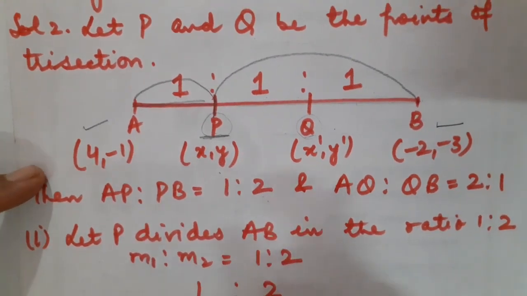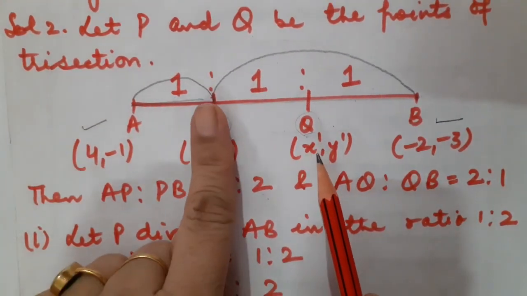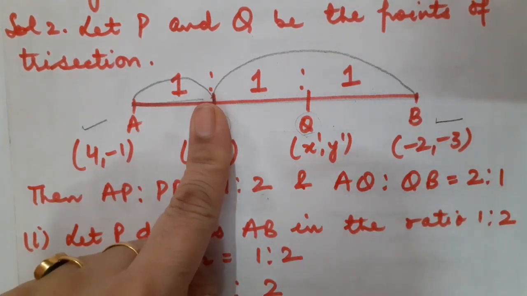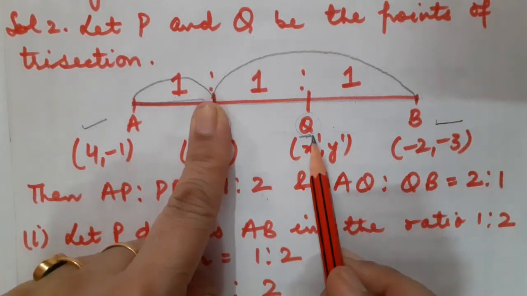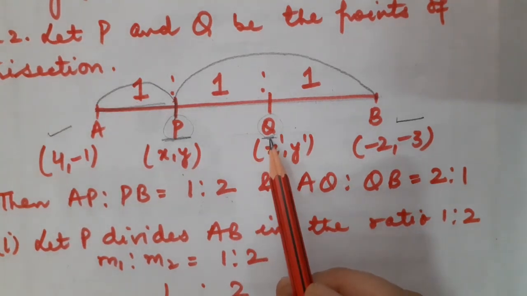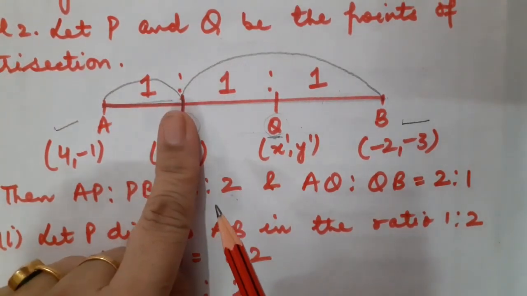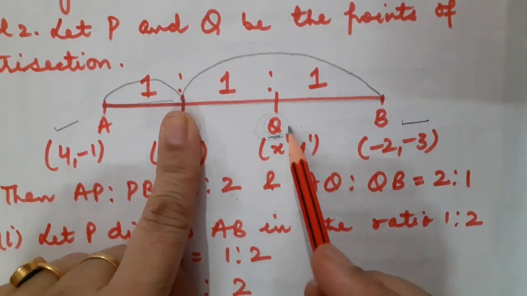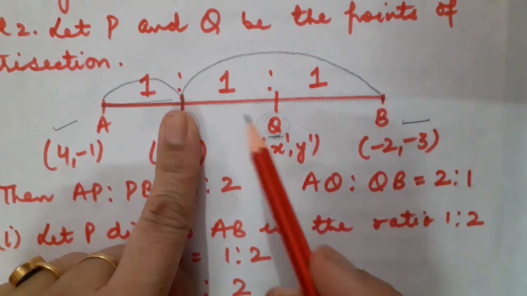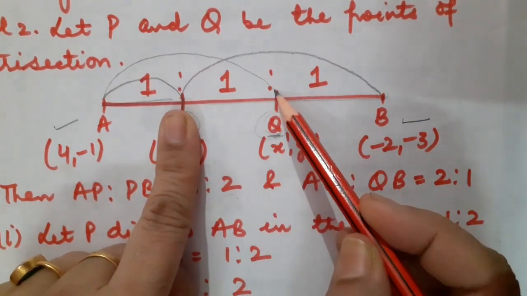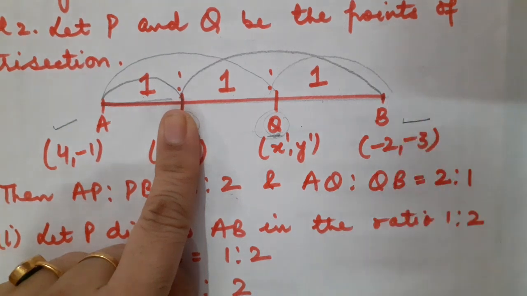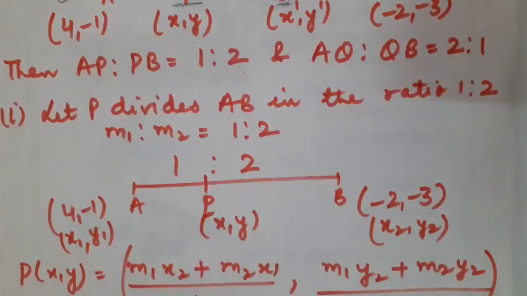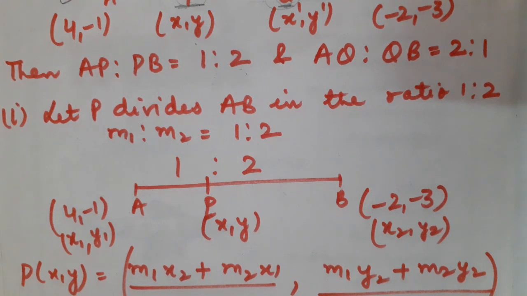In the same manner, children, if I talk about point Q, I am going to hide point P, because through the section formula you can calculate the coordinates of only one point of division at a time. So now let us talk about this point Q. For that I hide point P. Through this you can come to know that point Q divides the complete line segment in the ratio 2:1. Fine, students.